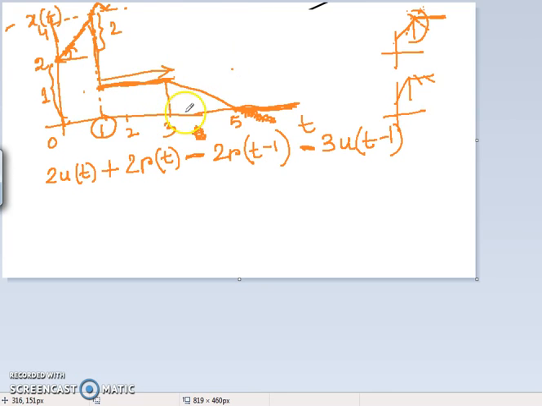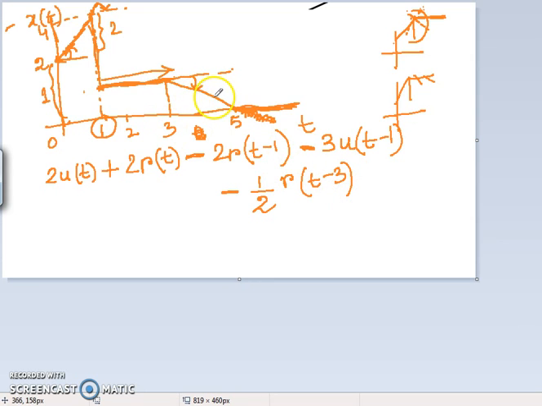But at time t equal to 3, there is another slope. What type of slope is this? It is a clockwise encirclement. That means it is a negative slope. So there will be a negative ramp occurring at t equal to 3. So obviously we have to put a negative sign here. And what is the slope of this ramp? This part is 1 and this part is 2. So the slope of this ramp is half. Where has the ramp occurred? The ramp occurs at t equal to 3. So it will be r(t minus 3).